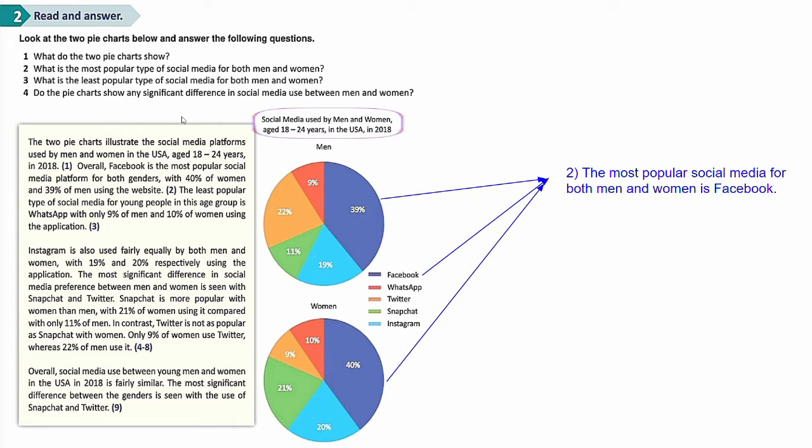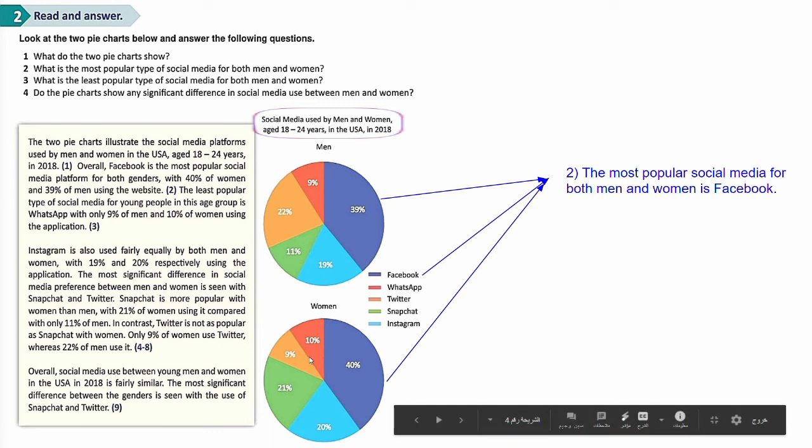Question number 3. What is the least popular type of social media for both men and women? The least popular. As you notice here, this red color, which stands for WhatsApp here. This is for men, only 9%. For women,